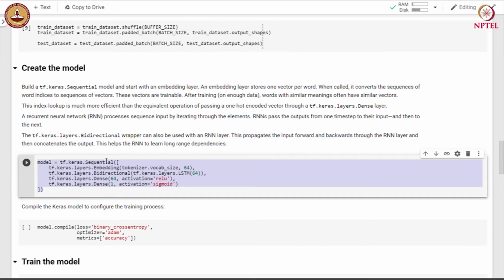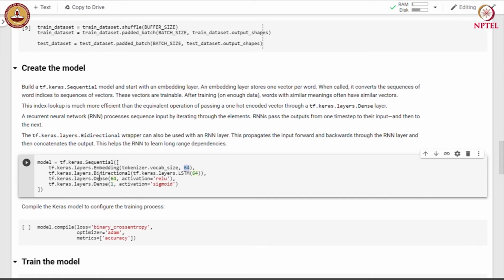So, we take the input which is text and pass it through the embedding layer which gets us a vector for each word. We embed each word into 64 length vector. We pass the output of embedding to bidirectional layer.